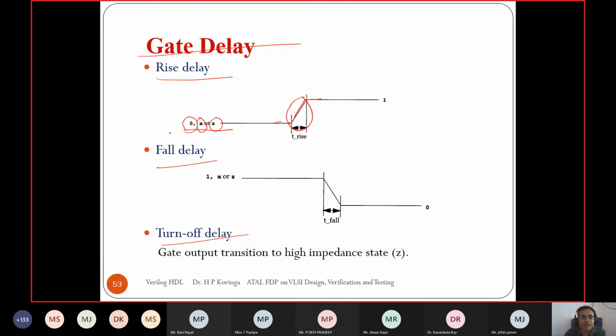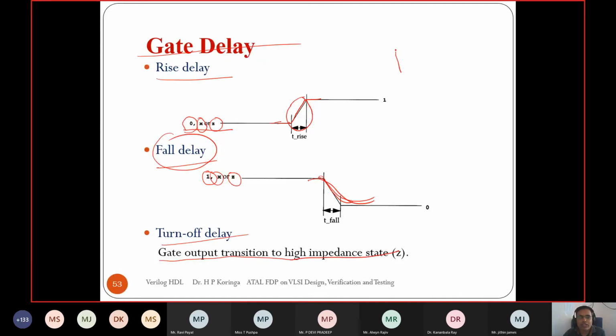Okay, and fall delay. Fall delay is the time required to change the signal from logic 1 to logic 0, logic X to logic 0 and logic Z to logic 0. And turn off delay is used for the tri-state. All right, so the gate output transitions to the high impedance state, right?